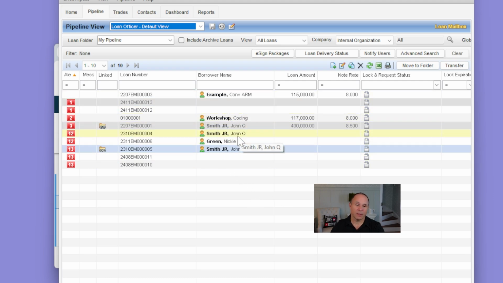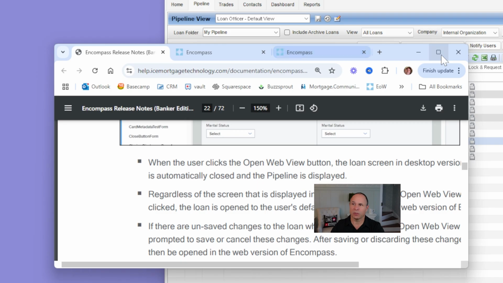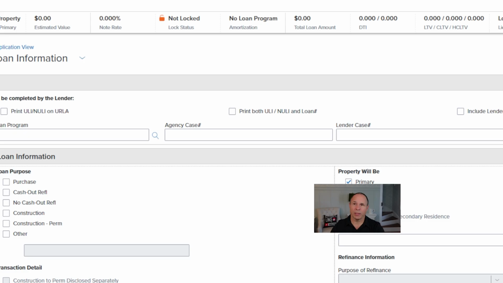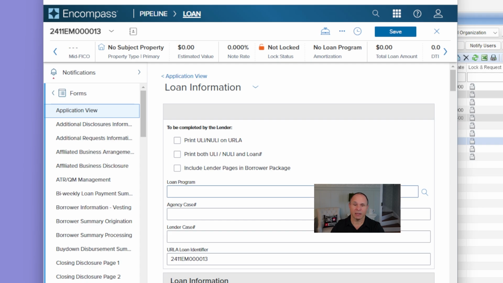So one of the things that, again, you're going to want to understand is workflow. If your teams are going to be leveraging this, then you need to make sure that you plan accordingly for the work that's about to be done, because if they leave these two tabs open, you're going to have trouble with your staff being able to access that loan file.